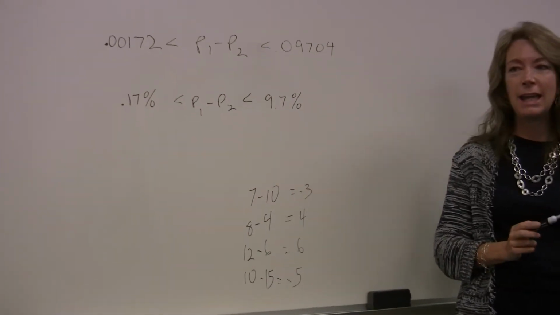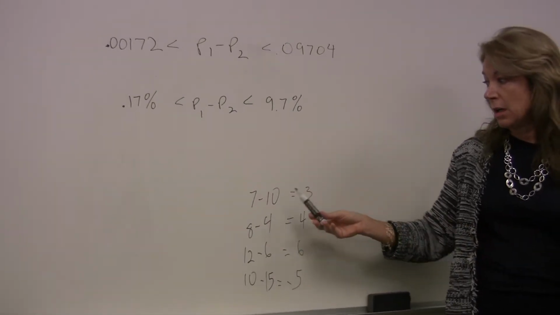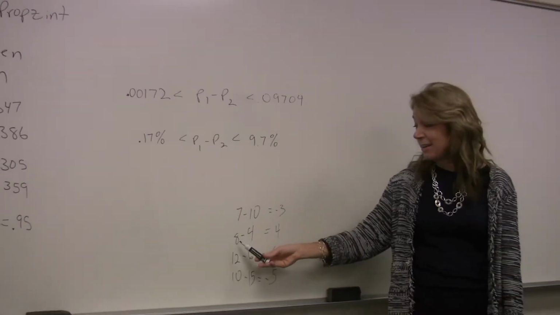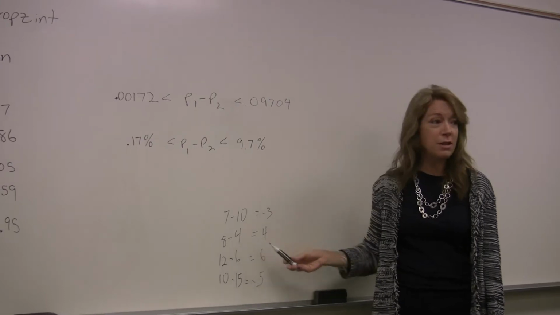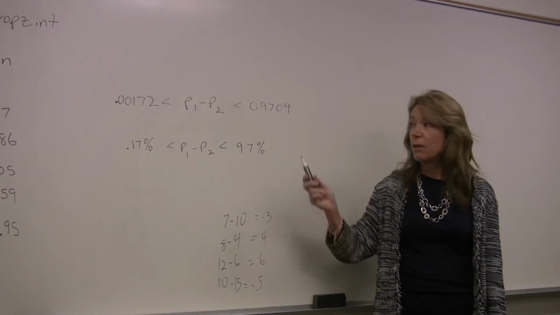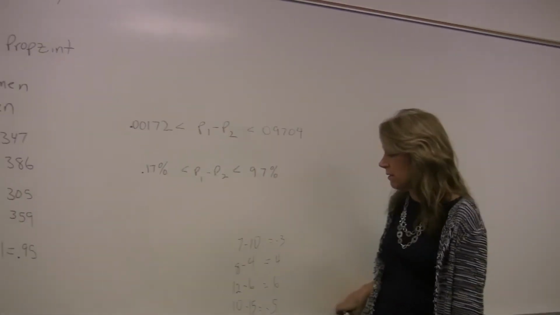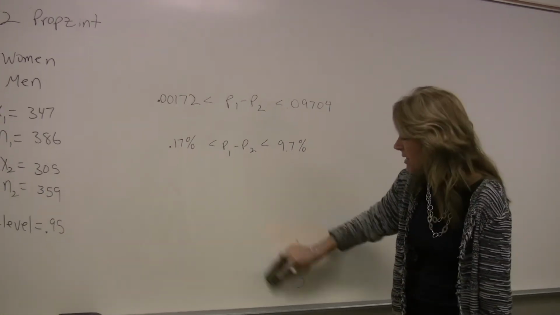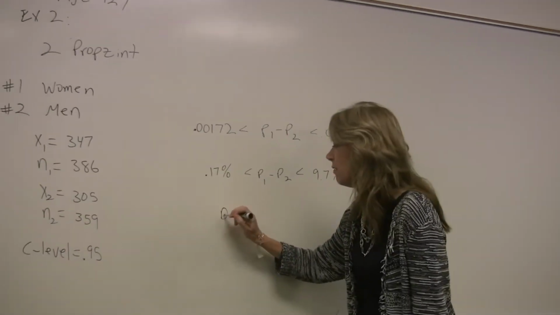The answers come out negative when P1 is smaller. P1 is smaller than P2. See that, Brian? Yep. And they come out positive when the first number is bigger. So if my differences are positive, can I erase this? Just like a little guessing and checking if you're not sure. My differences are positive,